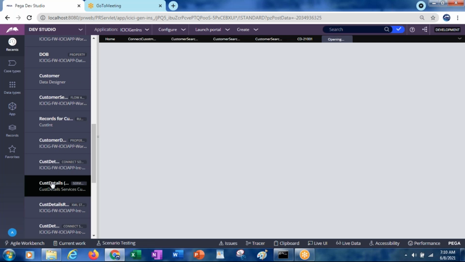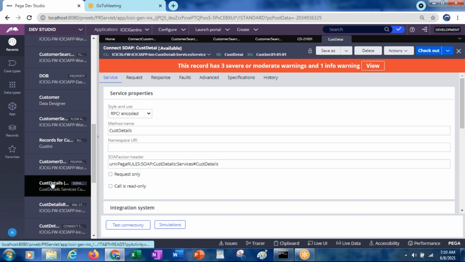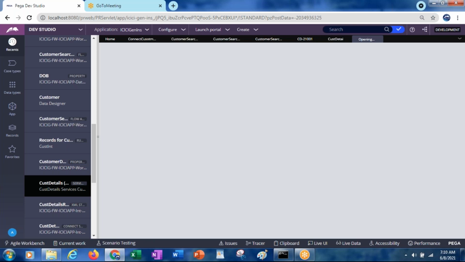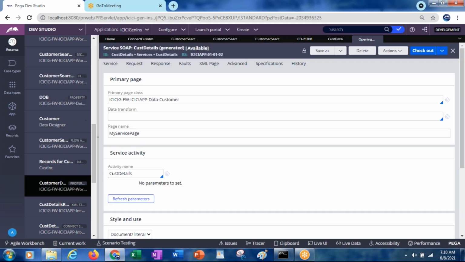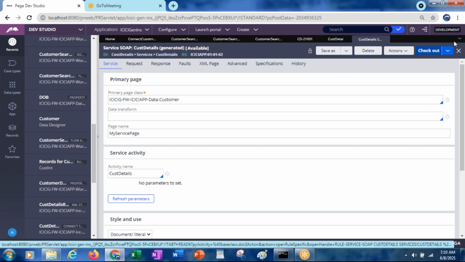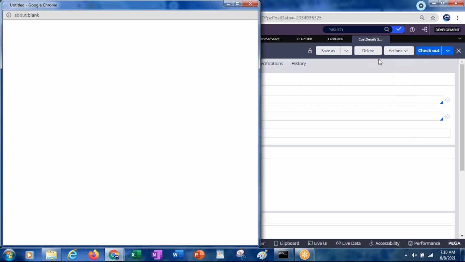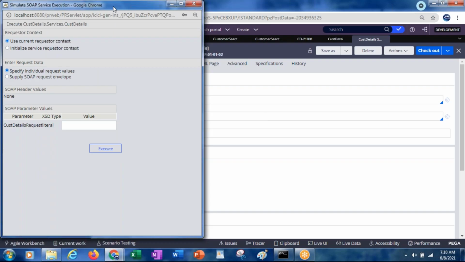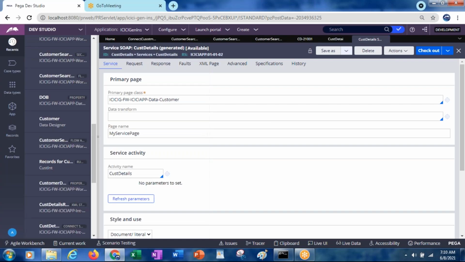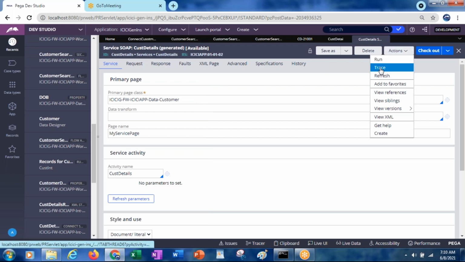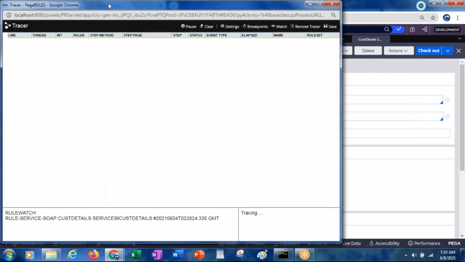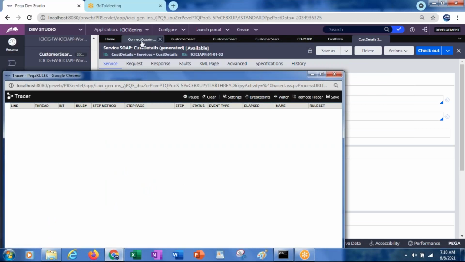This is the connect SOAP and this is the service SOAP. So actions run. Sorry, we will be running from the flow and then we will be tracing. So actions trace. We are keeping the tracer for service SOAP, customer details. And even now, if you run the flow,